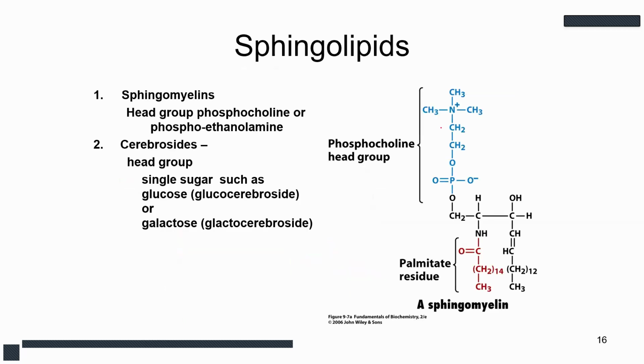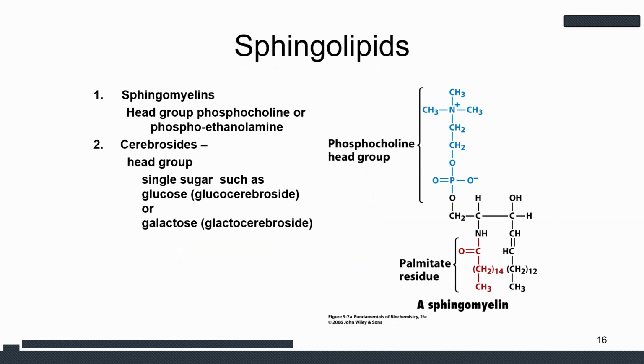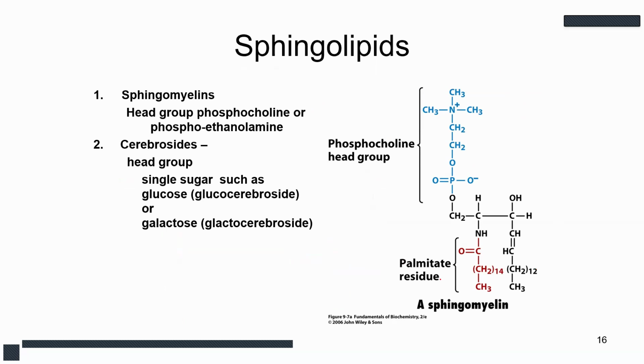Now, this shown over here on the right is an example of a completed sphingolipid. What we have is a sphingomyelin, with a palmitic or palmitate residue right there on this amine. Now, the head group for a sphingomyelin is phosphocholine or phosphoethanolamine. So this group right here, depending on what is there, it's either going to be phosphocholine or phosphoethanolamine to make